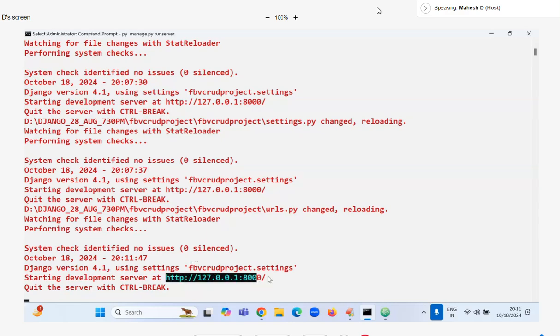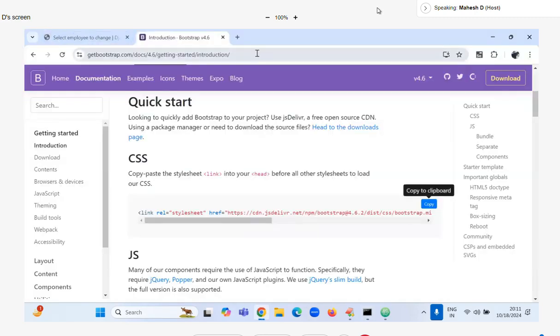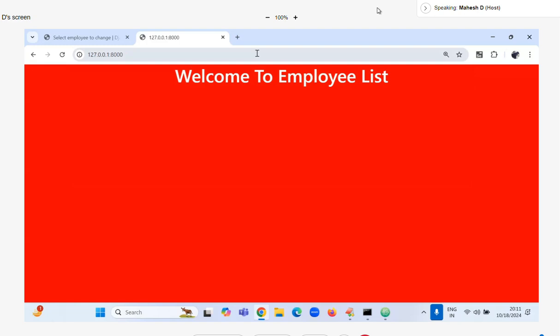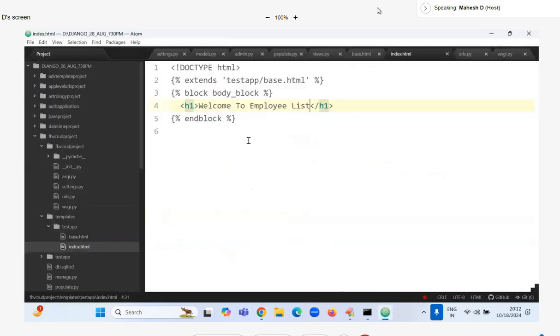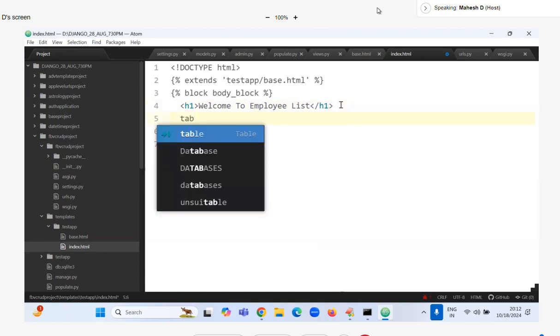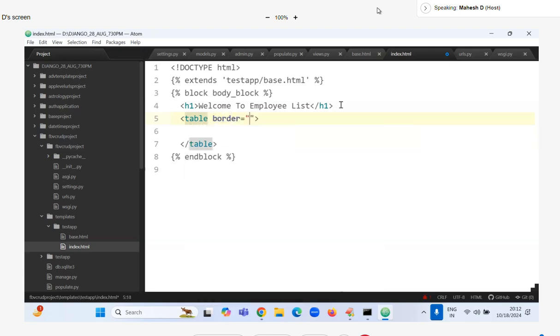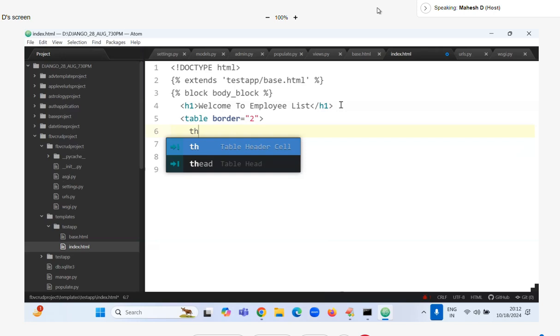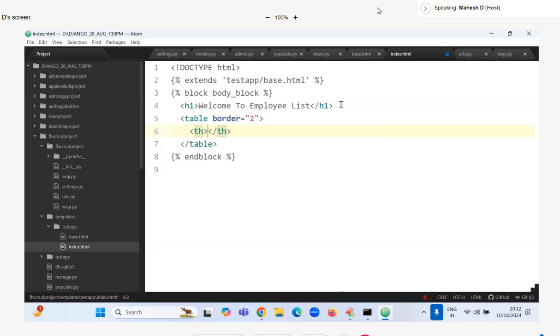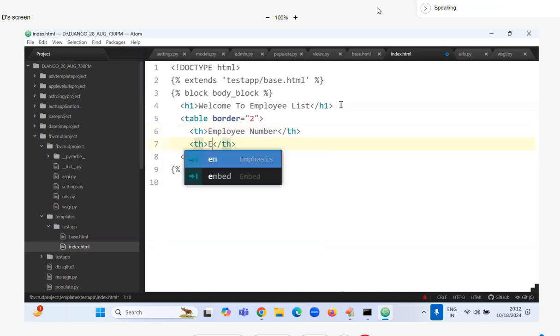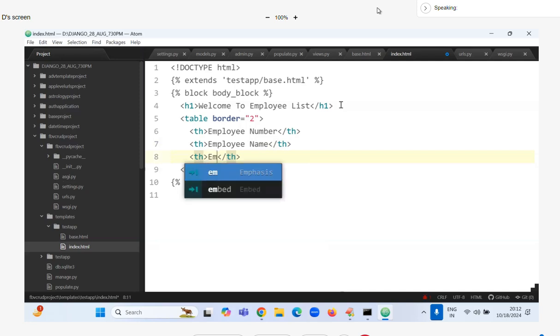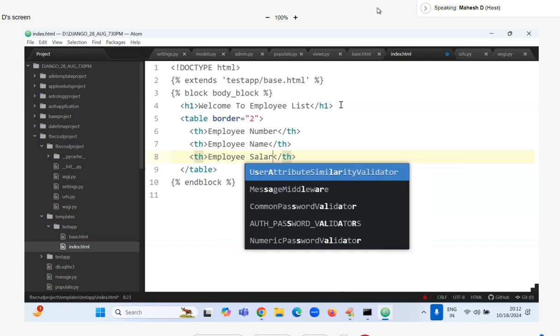Server is started. Copy the address, come to here, paste it. Welcome to employee list. Employees I want to display. Okay. Come to the index. Inside I have to create a table format. Border 2 or 3 pixels you can give. Inside I want to provide a table head, that is employee number, employee name, employee salary,